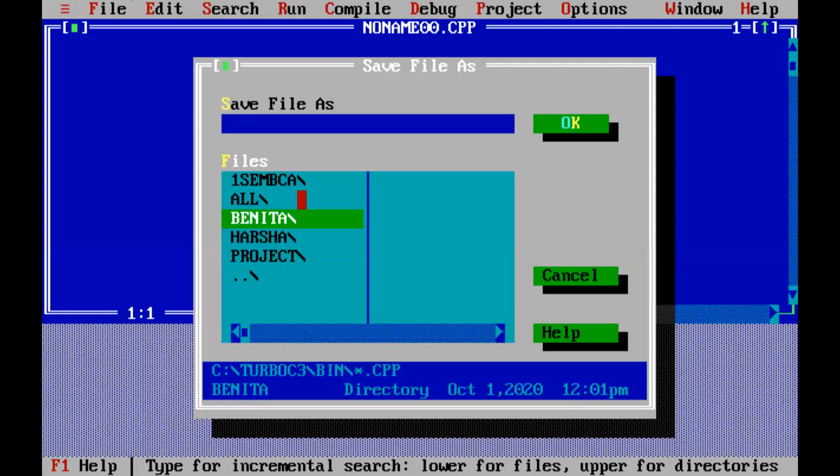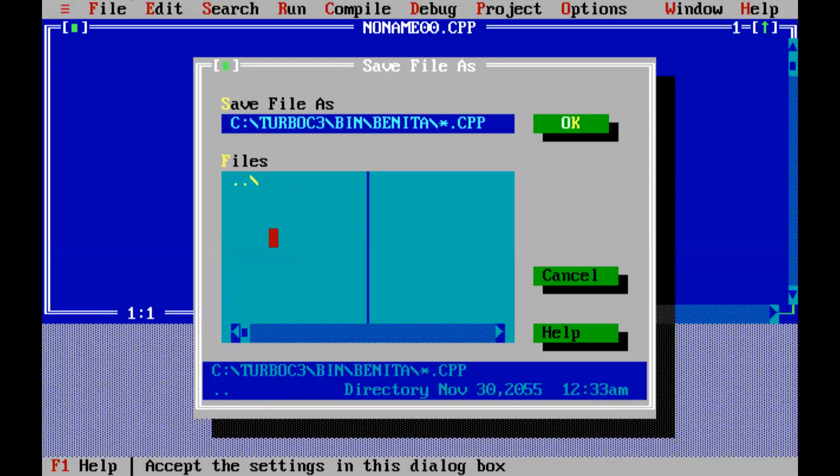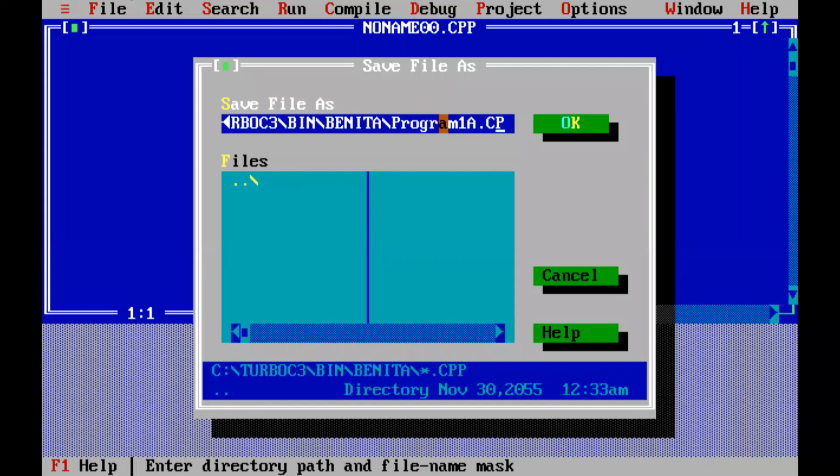So in your system, you should create a folder with your name. Then double click on it or click on OK, and it will save inside that. Then give the name as program 1A. The first program of part A, you should name it program 1A, and don't give .cpp. If you are giving CPP, no problem, but you have to include conio.h. Understood? Otherwise it will show that stdio.h, clrscr and getch are not there. So inside your named folder, all the part A and part B programs should be saved.